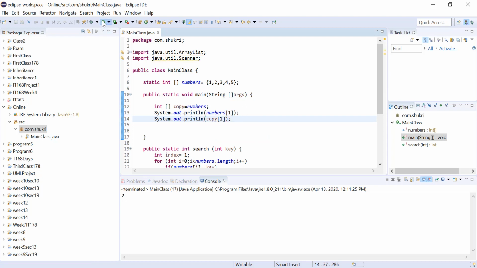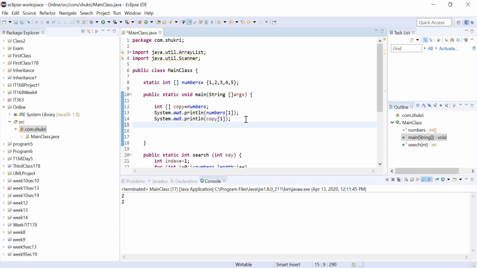So the numbers at location 1 we got 2, and the numbers at location copy 1 we got also 2. So it appears like we copied the arrays. However, if we make changes to the array copy at location 1, let's make it equal to 0. So I made a change to the array copy at location 1 and I made it equal to 0. Now, since we made the change only to the copy, this change should not affect the original array,